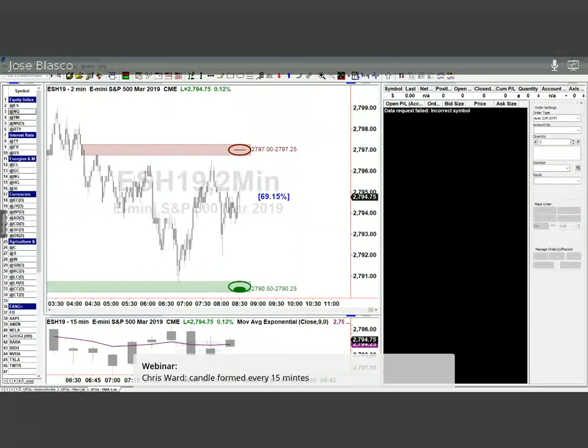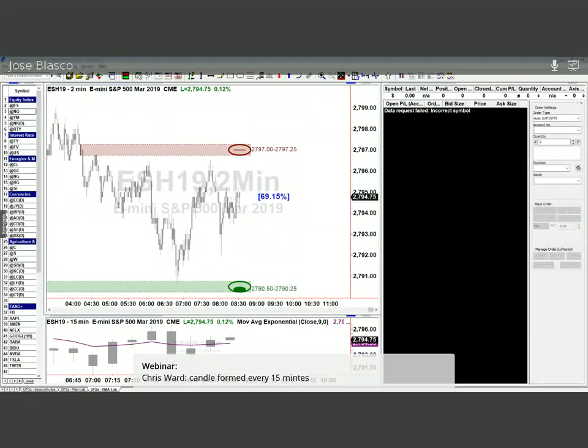But in any case, we are not having a green UFO nearby that would allow us to enter this new trend. Exactly. So we just had the close above the average. Finally the close took place above the average, so we end an uptrend. What we are lacking here is a green UFO.